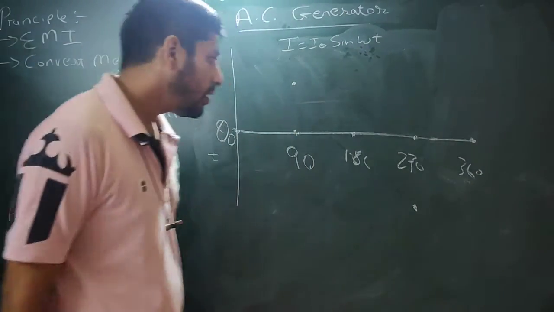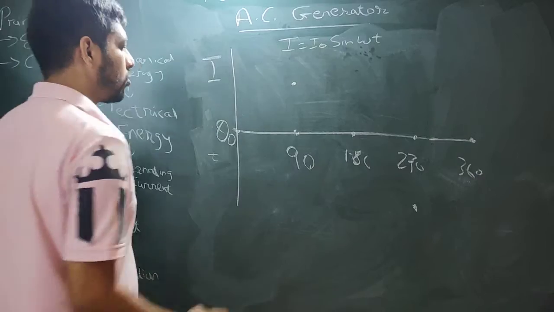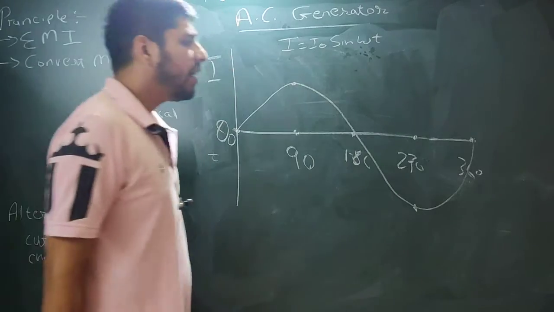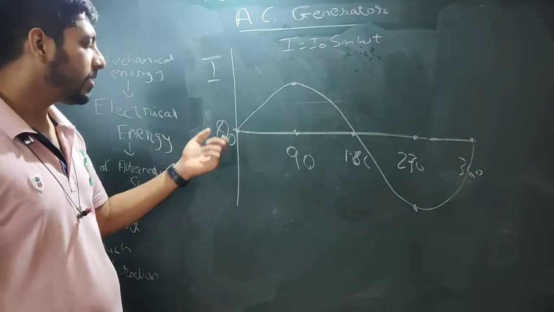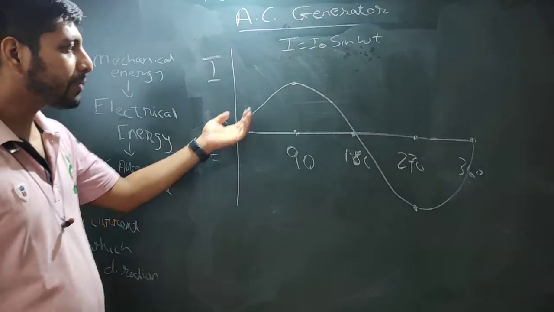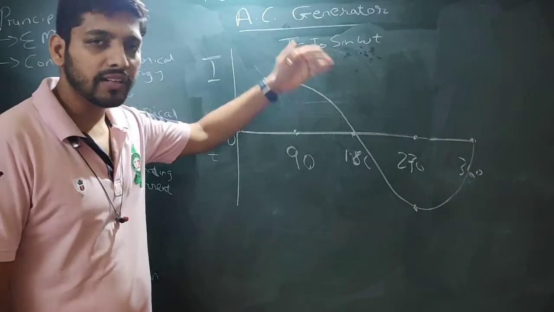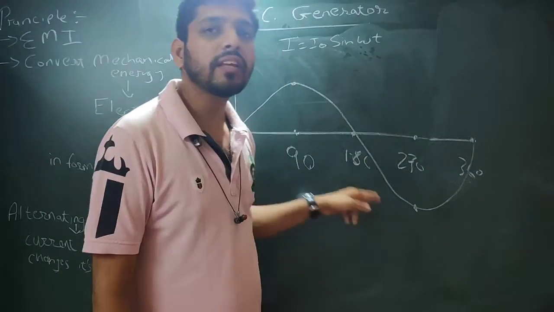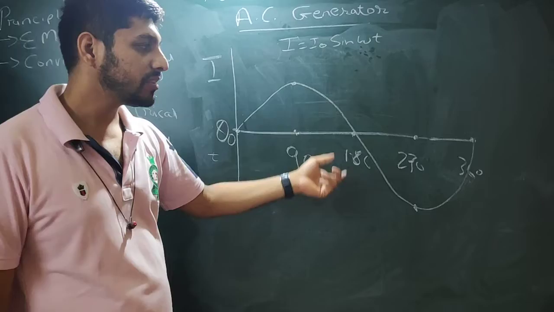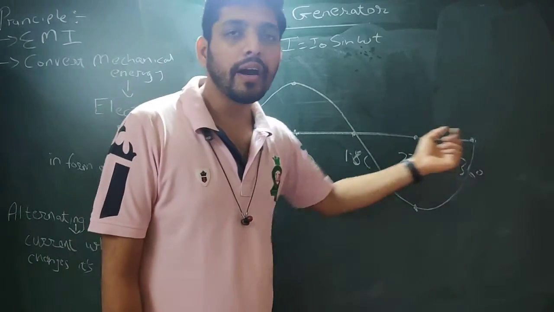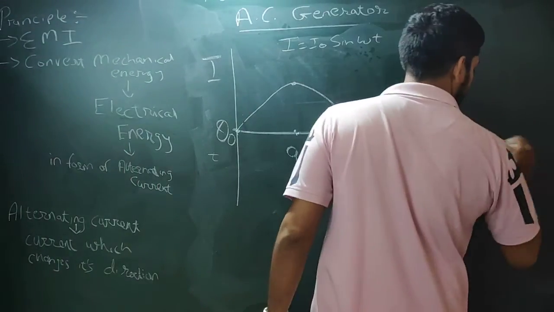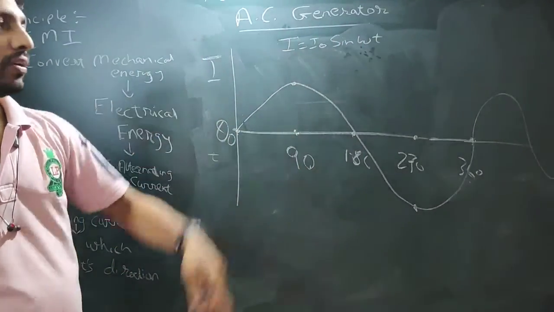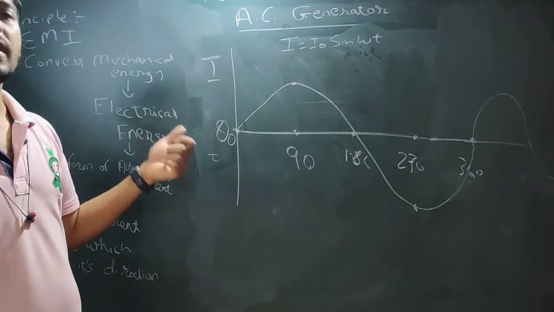Now if we draw a graph connecting all these points, it will be somewhat like this, which means that this is alternating current. Initially there was 0, the current kept on increasing, after some point it starts decreasing, then this whole cycle is repeated once again in the negative direction. Here it was in the positive direction, here it is in the negative direction. If you go ahead and plot it, it will again be the same cycle, it will keep on alternating. That's why it is known as alternating current.